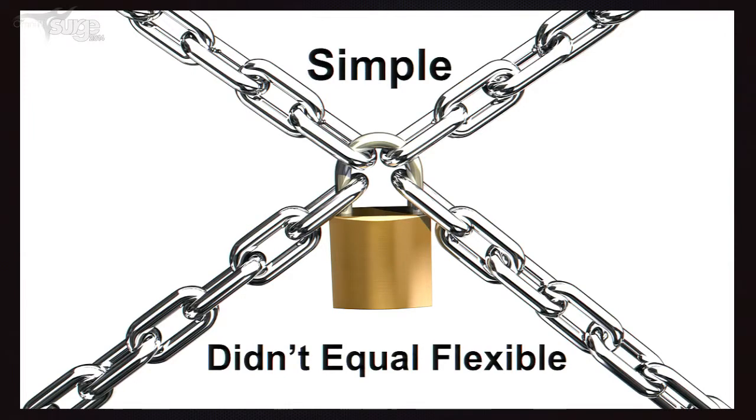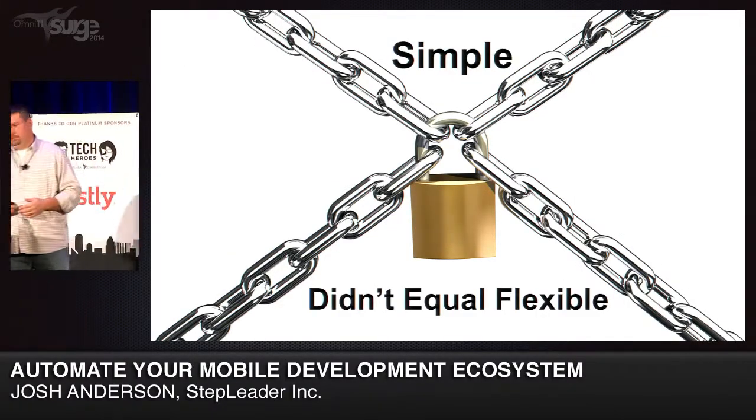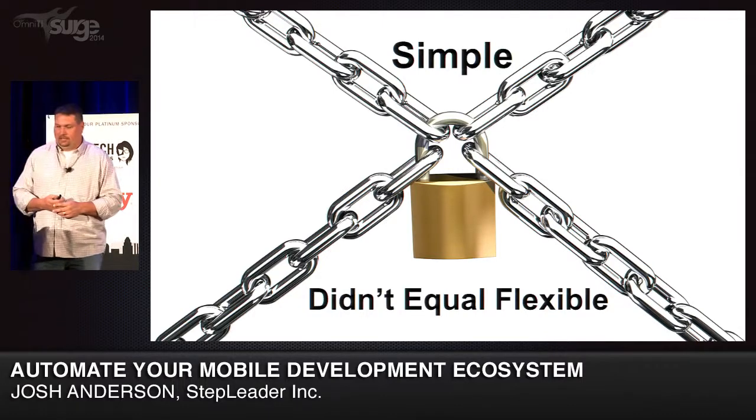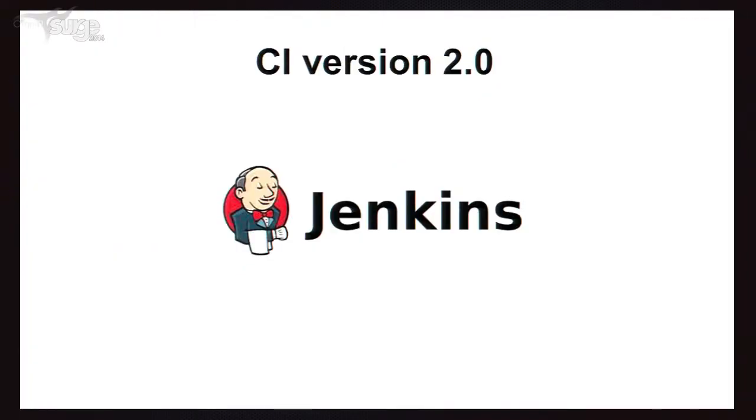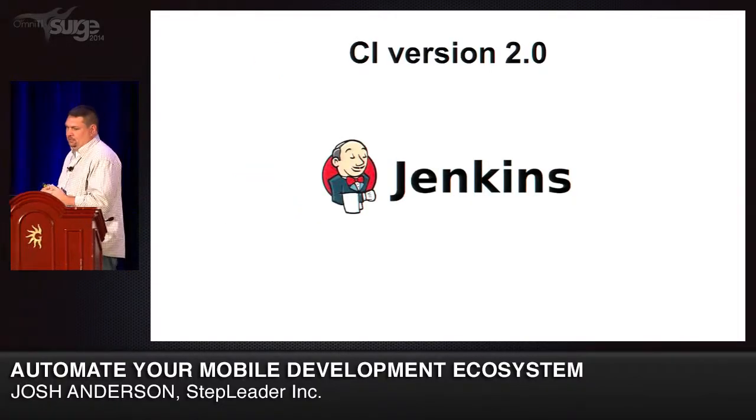So we had problems, we had tools that weren't there. We had to figure those out. Bamboo was simple and easy, but it wasn't flexible. So to get it to work for iOS and Android, it just didn't work. We couldn't get their build agent to run on Macs and all kinds of different problems. So we went to Jenkins. Jenkins, as we began the search for replacing Bamboo, was the de facto mobile CI tool. So we put that in place. It made sense. It was free, which was nice, so we spent a little bit less with Atlassian.